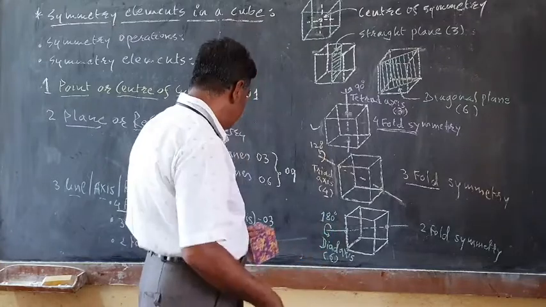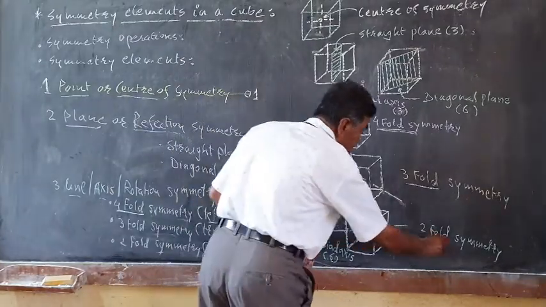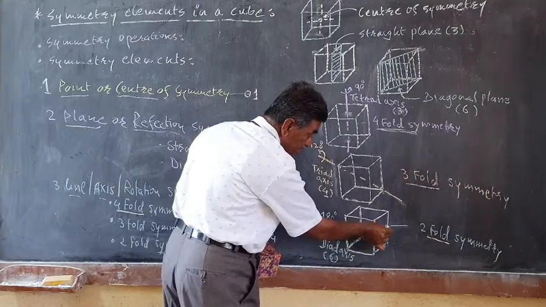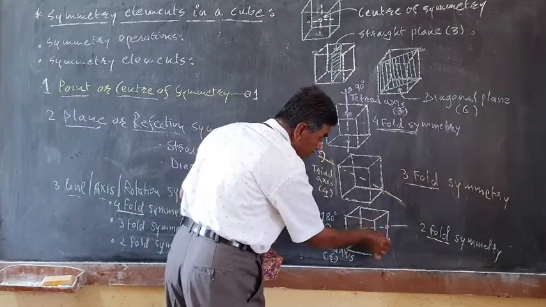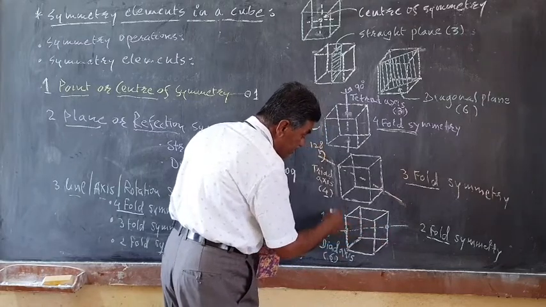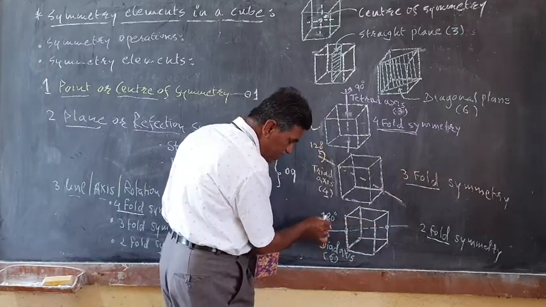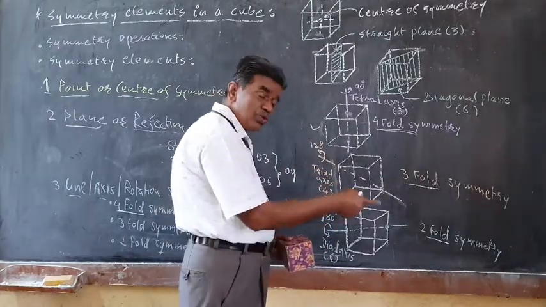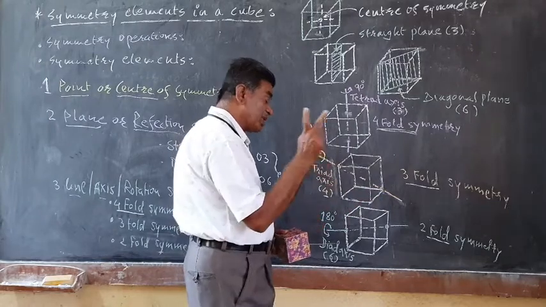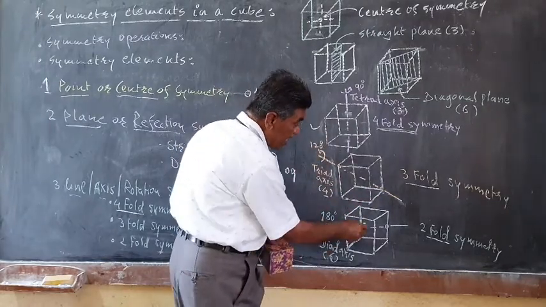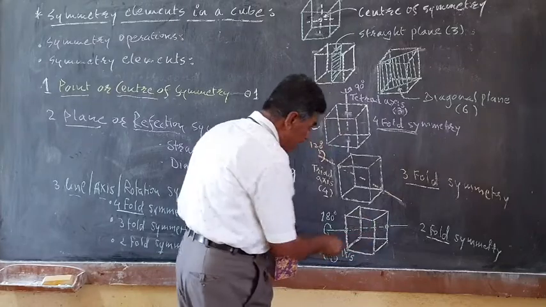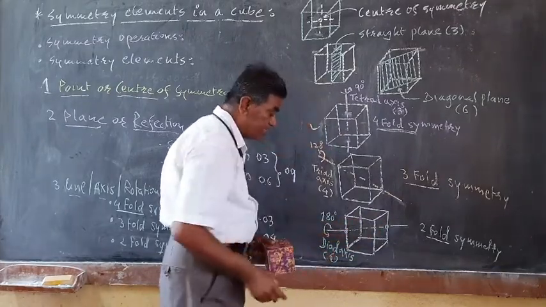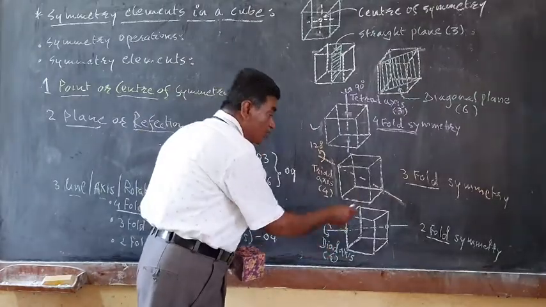The same appearance occurs here, and so it is called twofold symmetry. Such an axis is given here. This edge, the opposite edge this, and the line passing through the midpoints of this edge exactly. And the crystal is rotated through 180 degrees. Then the same appearance occurs, that is 2 times. 180 into 2, 360 degrees you are getting. That is 2 times the same appearance we are getting, and therefore it is twofold symmetry. And such an axis, the line about which you can rotate it, we call the diad axis. Why is it diad? 2 times we are getting.